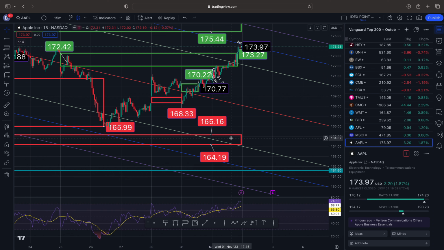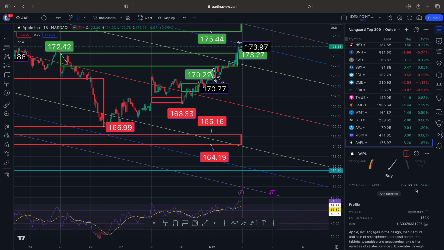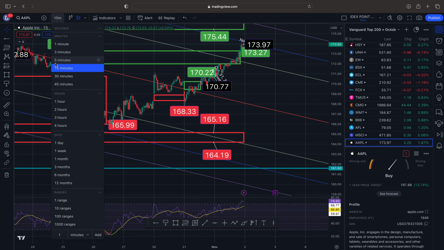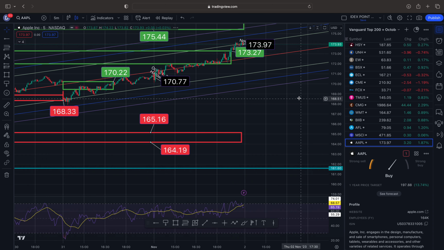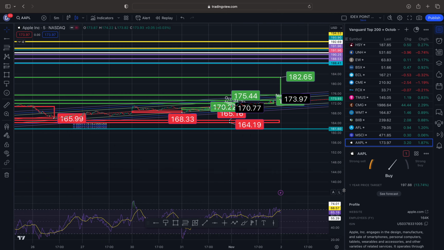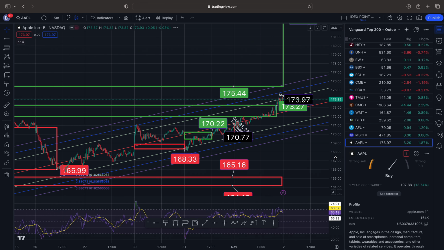All right, so that gap has not been filled yet, but that would take us down to 164.19. The 1-year price target on Apple is 197.88, a 13% return on your money from where we are. Now let me flip this back before I forget. And anything else going on? Nope, ignore all those lines, the horizontal lines. Again, those are my former